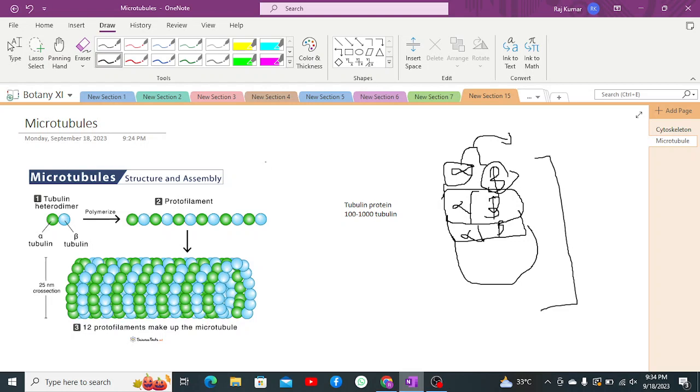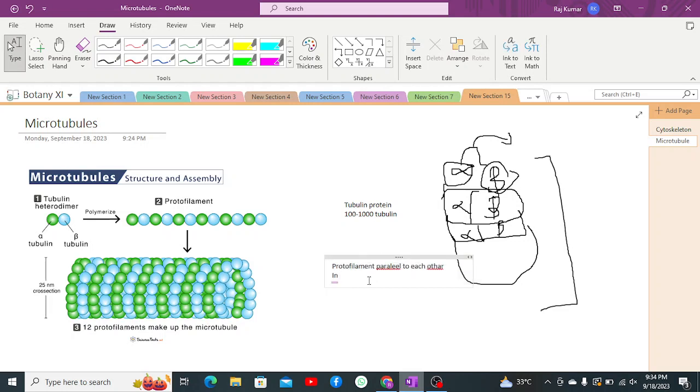This protofilament is a polymer of the tubulin subunits, and these protofilaments are arranged parallel to each other